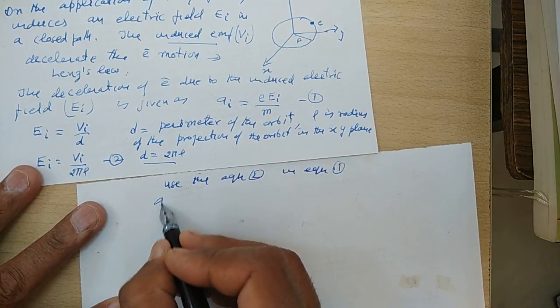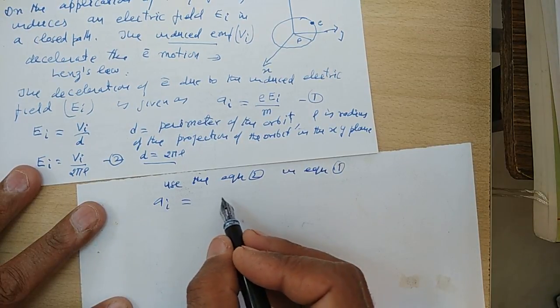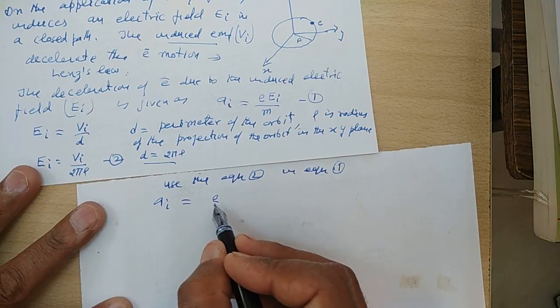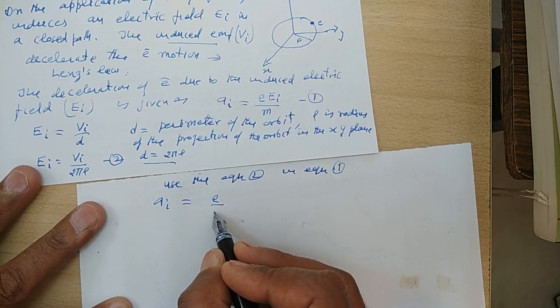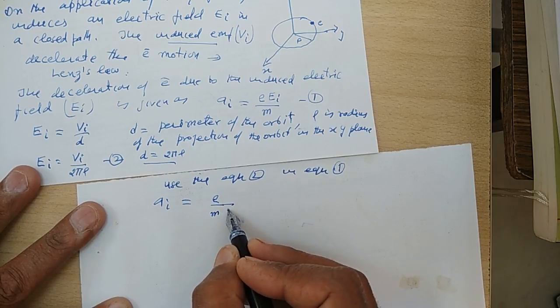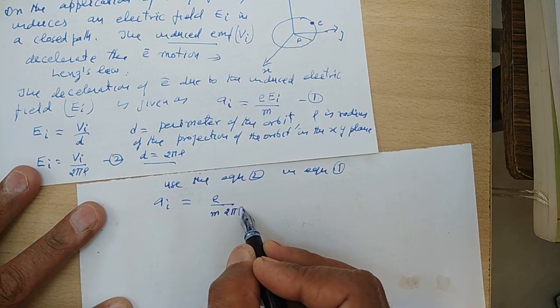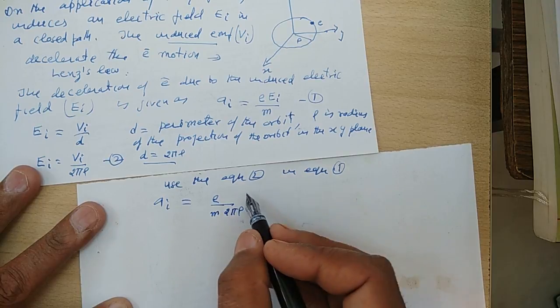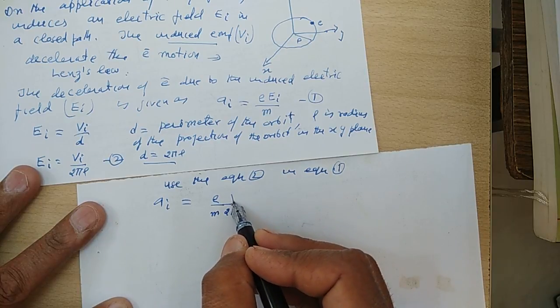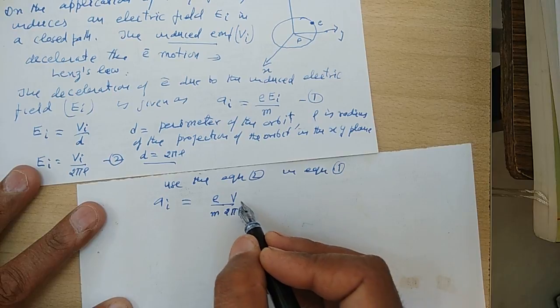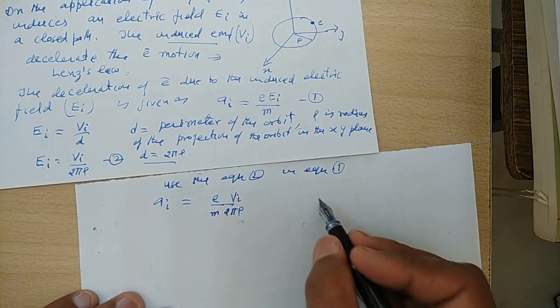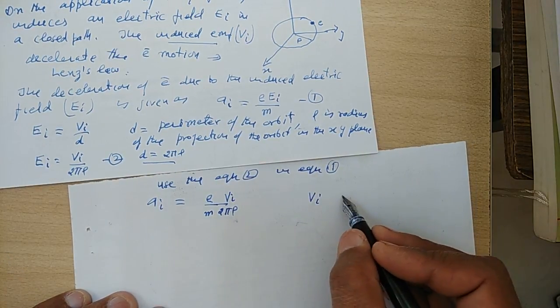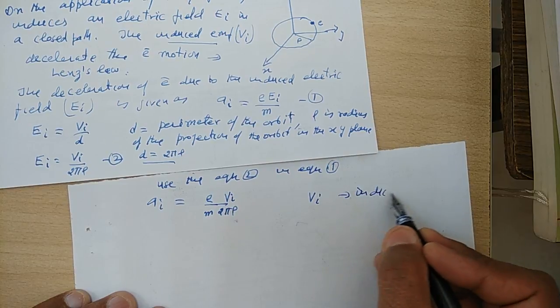So I will get the deceleration of the electron, which is equal to eVI by m into 2 pi rho. Now VI is the induced EMF,